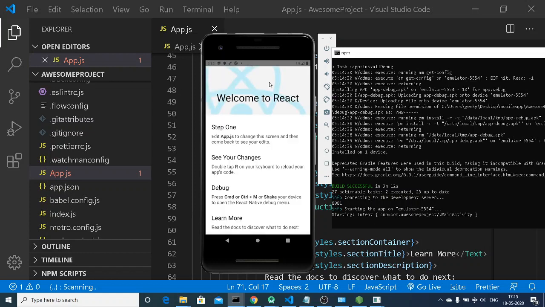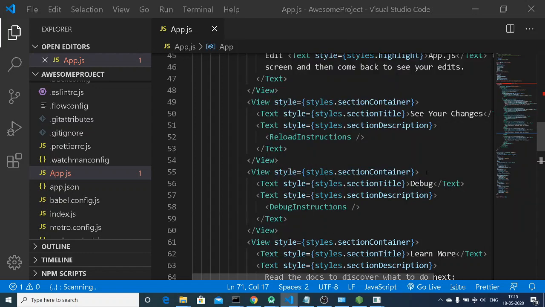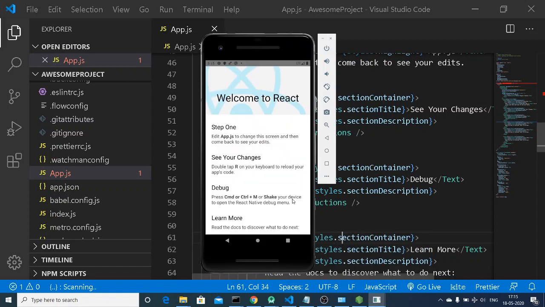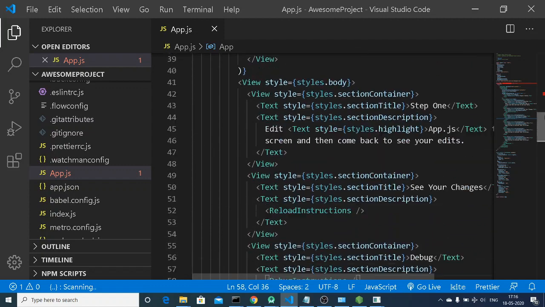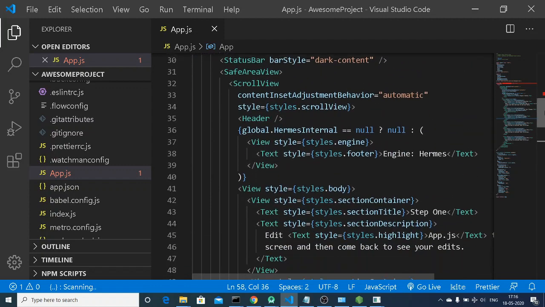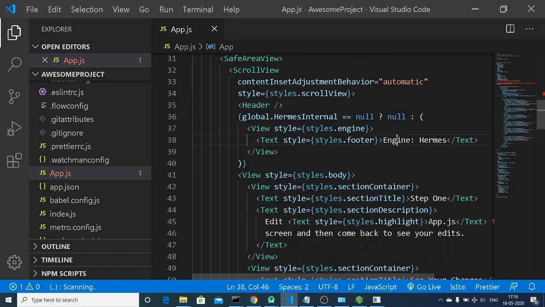So now you can see that it has rendered out the main activity, and this is all the stuff that you can see here on the screen on the mobile phone. So now if you want to make any kind of changes here, let me just show you how to do this. So let's suppose I want to change this engine to something else.